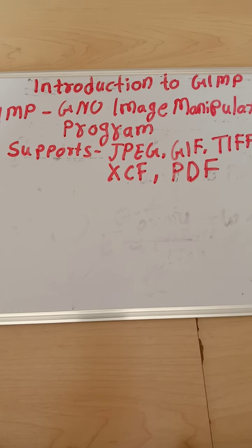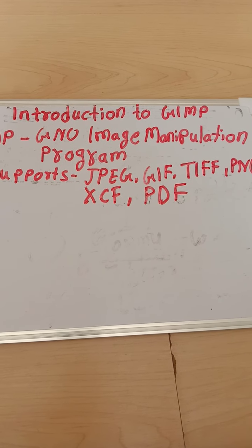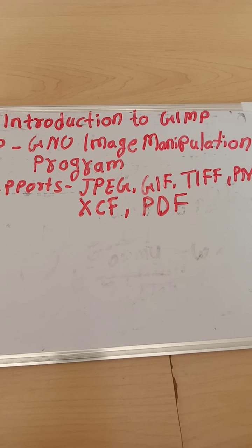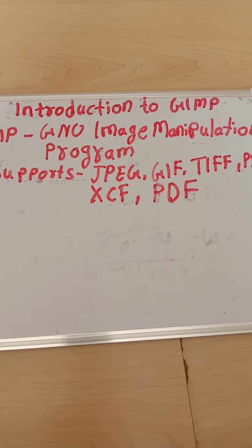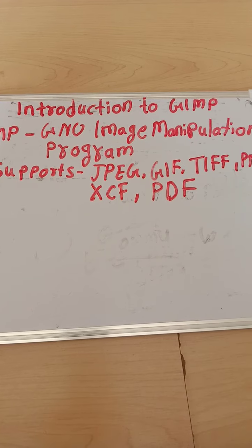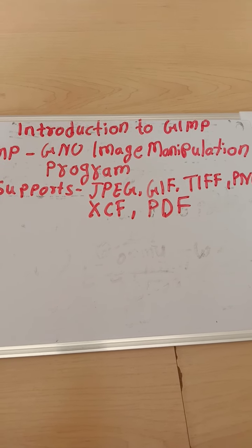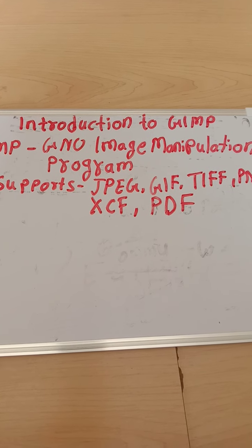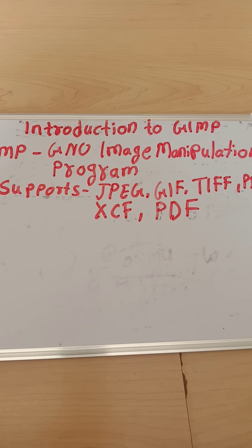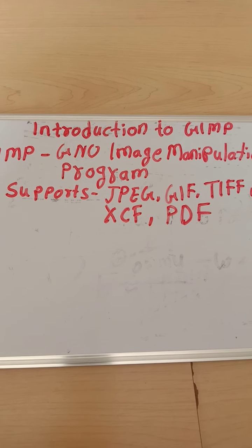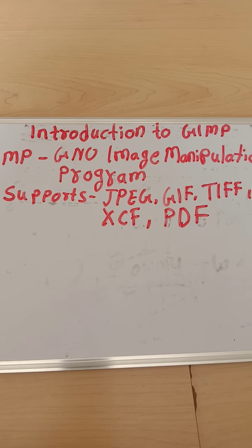Going to learn about introduction to GIMP. What is GIMP? GIMP stands for GNU Image Manipulation Program. Image manipulation meaning you can manipulate your picture. Your picture is there, you want to change your background. You are standing in your room, but now you want to show the background as you are standing in Switzerland. You can give it a Switzerland background, you can upgrade your picture.